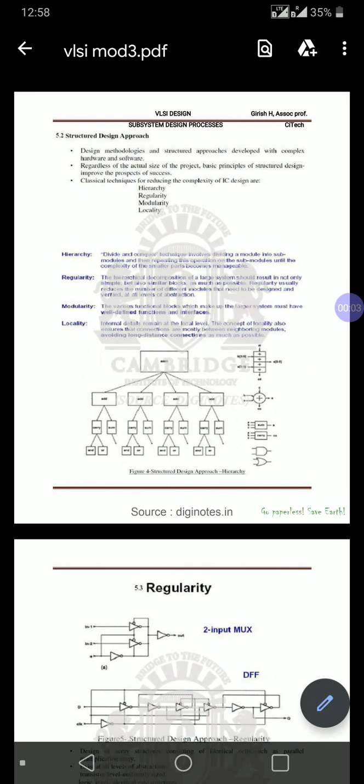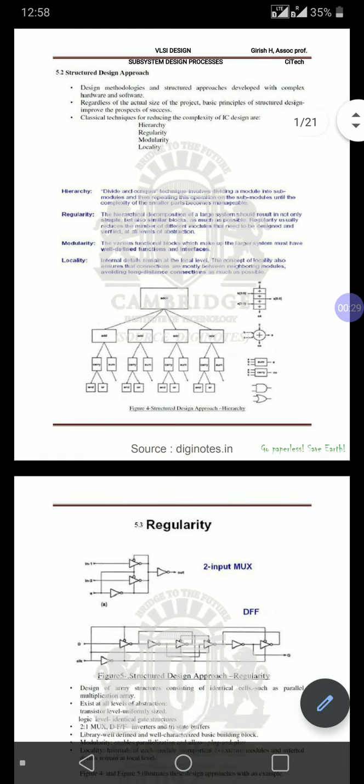Module 3 is subsystem design process. Here we will discuss structured design approach, design methodology and structured approaches developed with complex hardware and software. Here the classical techniques for reducing the complexity of IC design are hierarchy, regularity, modularity, locality,